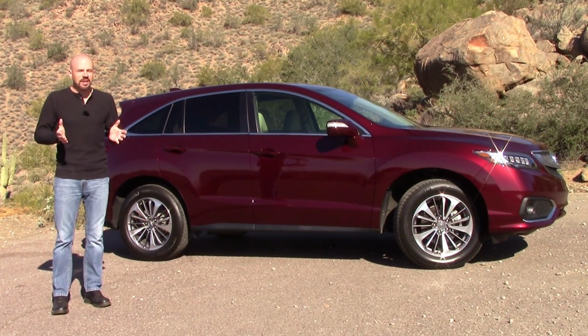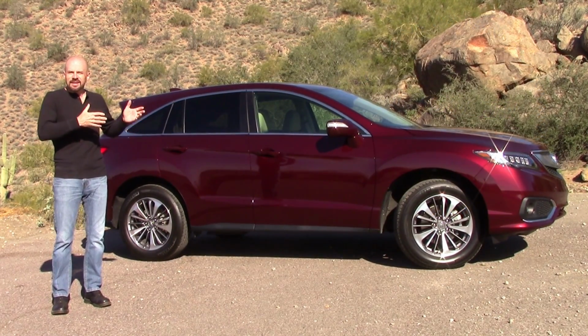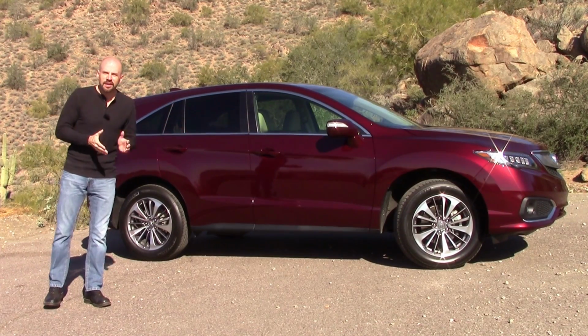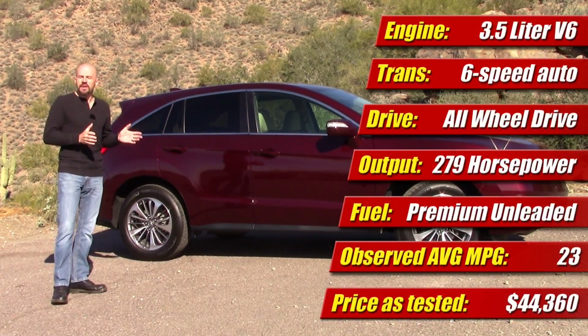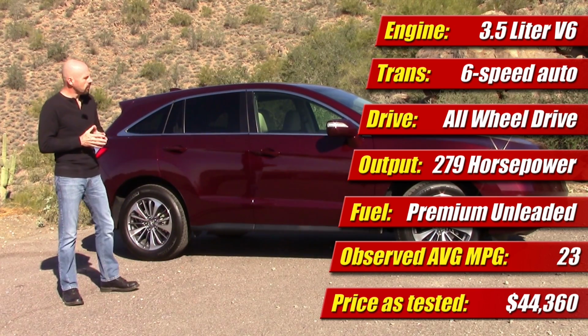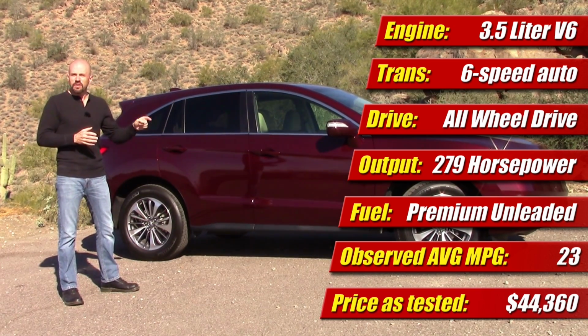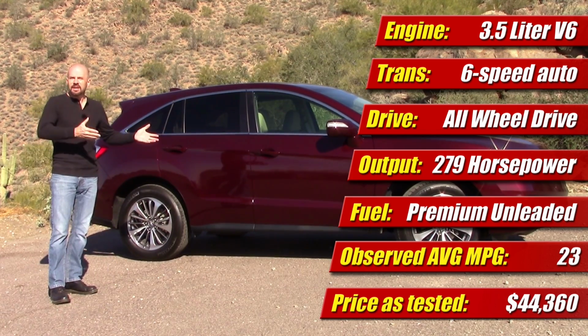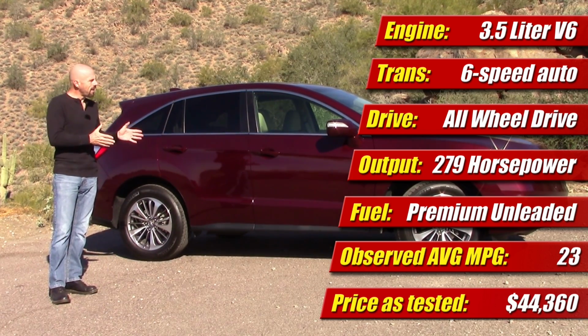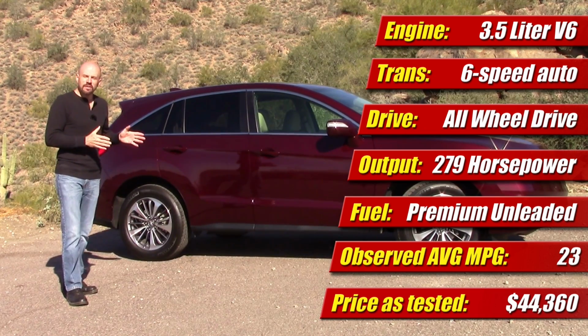Now that should be a distinction, because the theory is I'd be not so willing to just throw the first vehicle I drive of the year on the list, but I really like this one because of a number of things. So let's start with the specs and we'll go over those. First of all, the price. Now $44,000 is a lot of money. This is fully loaded. You can get them in the mid-30s, but at $44,000, this represents a value to me